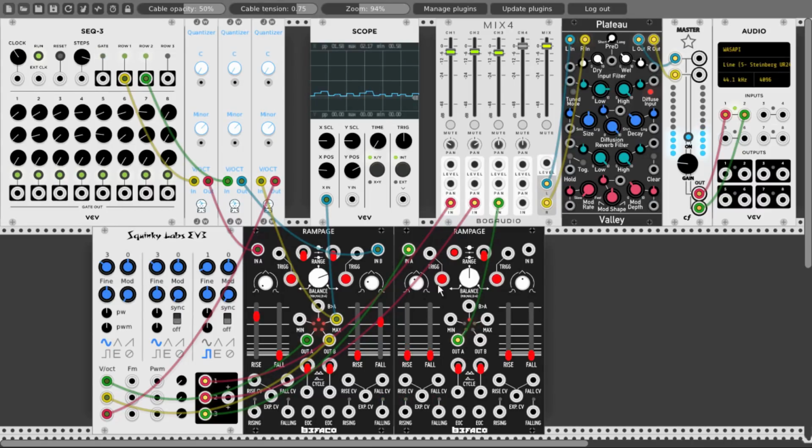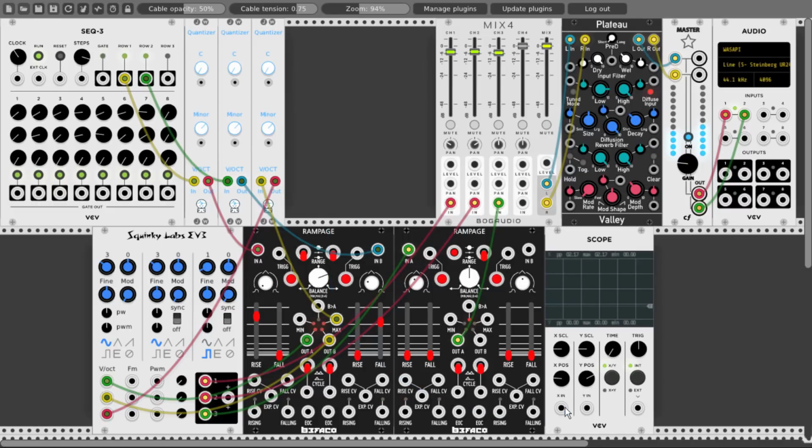I can change also its shape. Let's see this also on the scope, why not? So this is the original shape. This is how it looks like originally. Let's take the scale a bit down. And this is what's coming out of